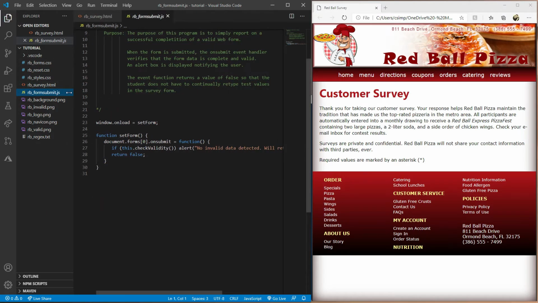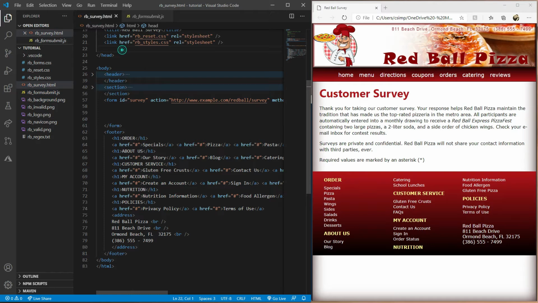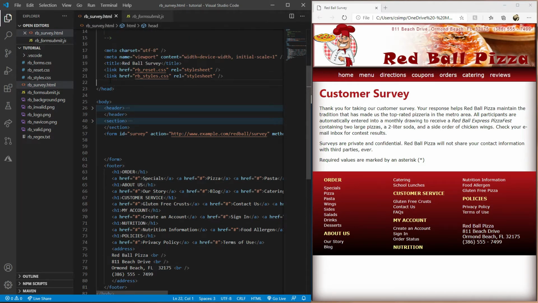You don't need to know about this right now. We're going to talk about this when we get into JavaScript, but we're going to put it in there so that we can say on the form submit, I want to do validity checking, is there invalid data with our submit form. So we're going to come over here, and we are going to go up to our header underneath our links,